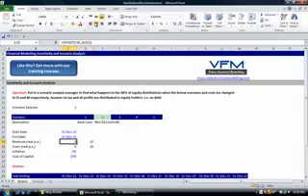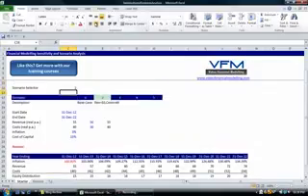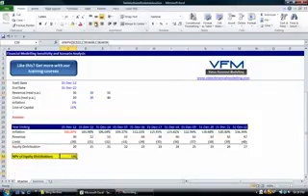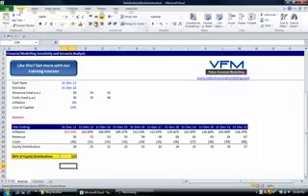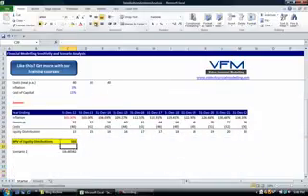So now what we'll see is that we need to put numbers in here, okay, and we can get around this, and we'll talk about getting around this in a second. But now our second scenario is run, and our NPV of our equity distributions has gone down. Now let's put it back to the first scenario, and okay, so scenario 1's this, so Alt H V V, so scenario 1, and then scenario 2, we've changed our revenues and costs, and that's our scenario 2, Alt H V V,